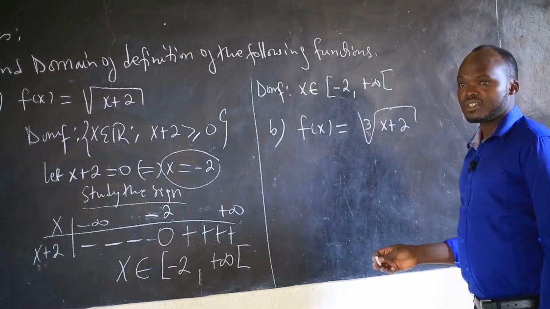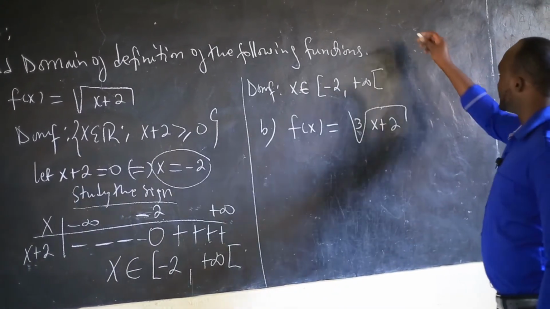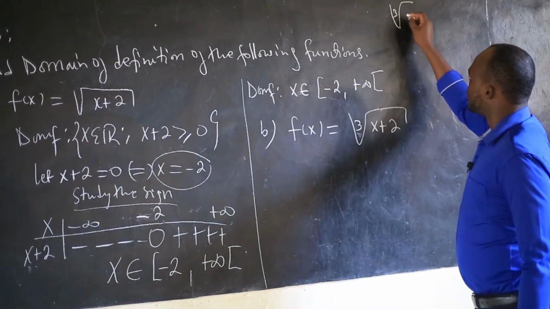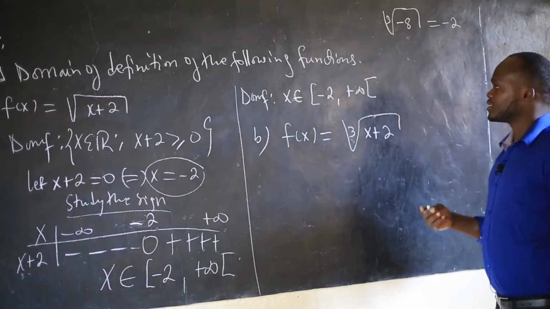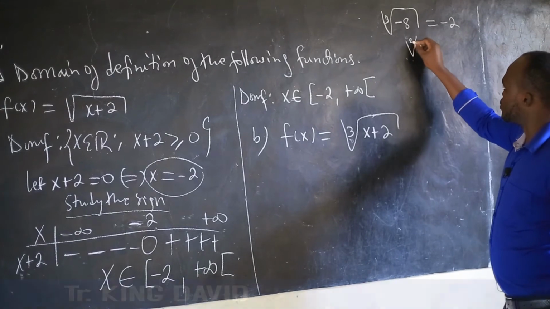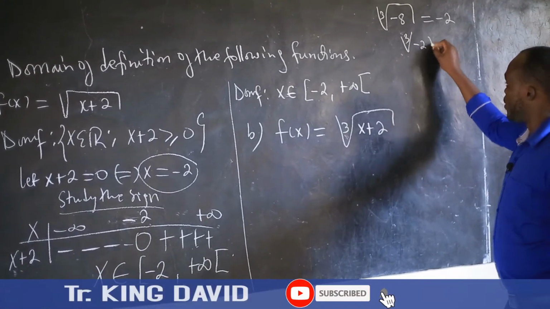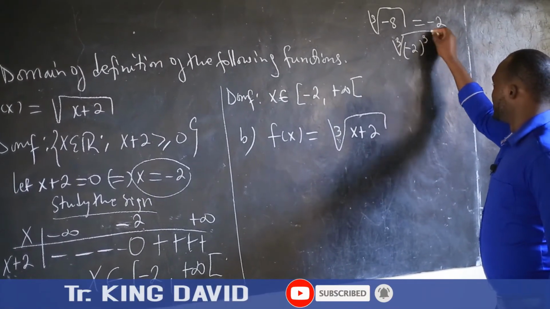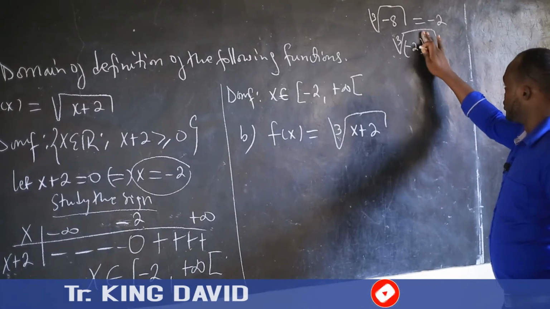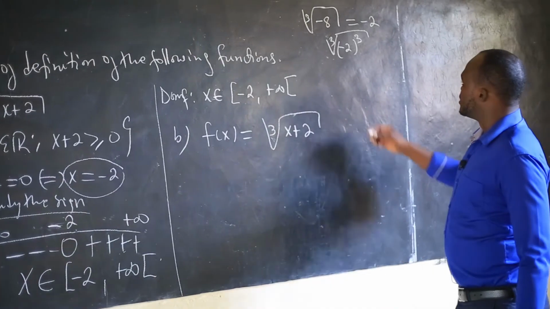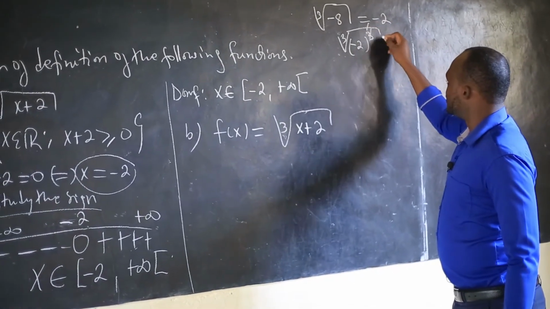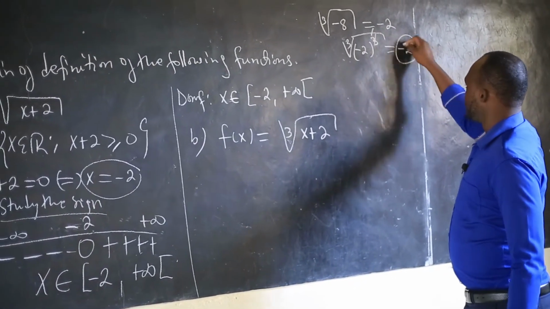Here it is cube root. Because it is a cube root, you know that the cube root of -8, for example, is -2. Because that is like the cube root of (-2) to the power 3. You know, 8 is 2 to the power 3, and (-2) to the power 3 is -8. So this cancels with that, and we remain with only -2. So that's why